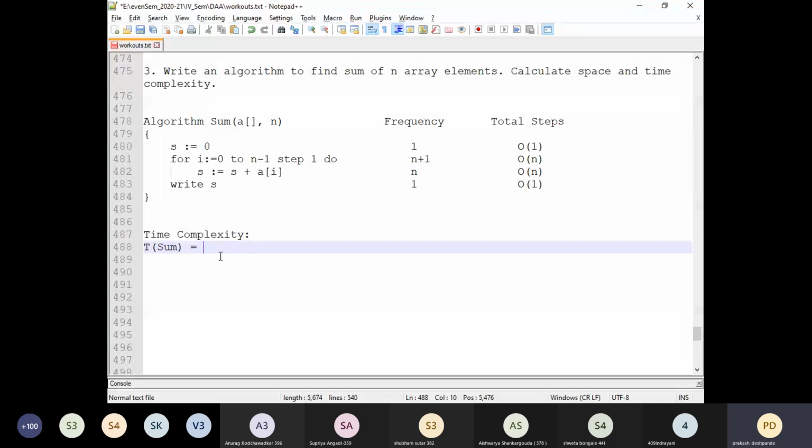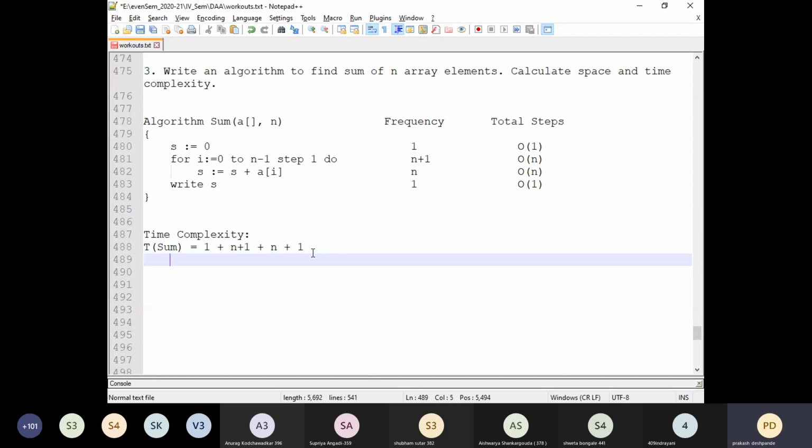First we add all the frequencies together. The first statement has frequency 1, so write 1. Then plus n plus 1. Then plus n. Then the last one is plus 1. All these four frequencies we add in order to find the time complexity.